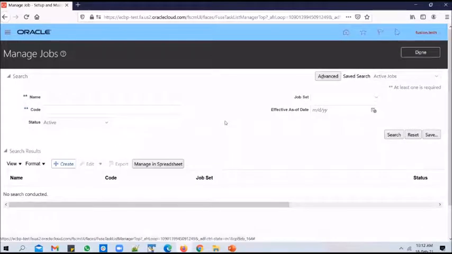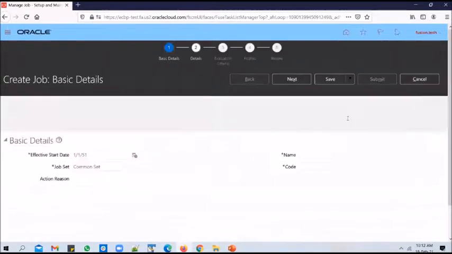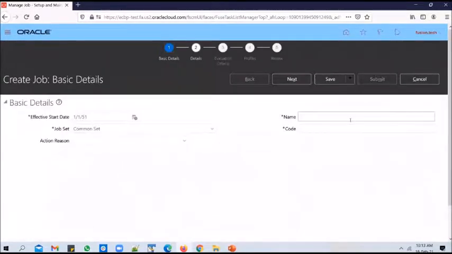And to create a new job, you can click on the create button here and enter the details. Say, for example, let's create a job with today's date, Feb 18th. Okay, let's call it a test job.